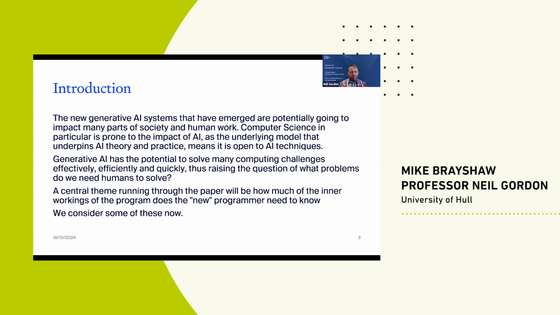It means we can use generative AI to solve many computing problems. We can do it efficiently, effectively, quickly. And that then is a question of, well, what do we need humans to do? So if you want to create a sort routine, write a computer game, create a website, you can do it now in a few lines of query to one of these generative AI systems. So the question becomes, well, what do we need a human programmer to do? What's the value added of making someone do that if an AI system could do it quicker, more efficiently, and, debatable point, better or as good as?